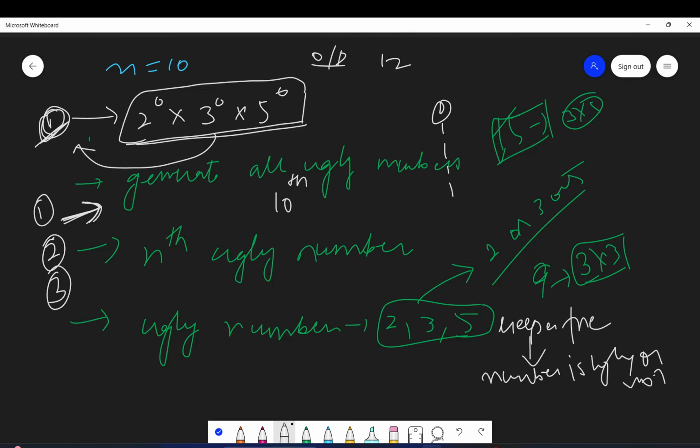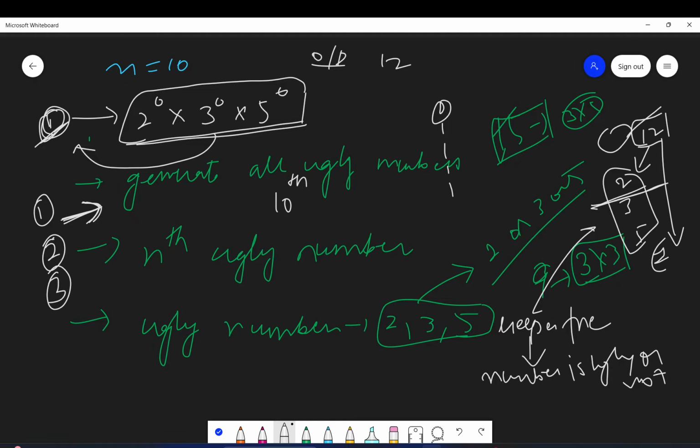Okay. So how will that helper function check that? It will just generate all the prime factors of a particular number. Let's say you get 12. So it will generate the prime factors of 12. It will divide 12 by 2, 3 or 5, until 12 reaches 1, that is, it's completely divisible using these three numbers. So 12 will be an ugly number. So in that way, I can check whether a number is ugly or not.